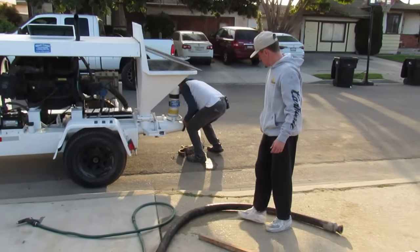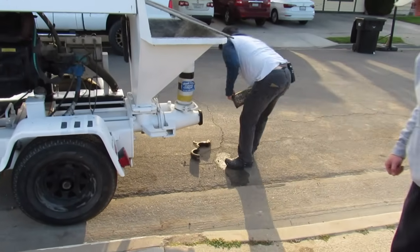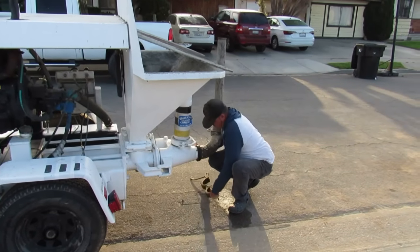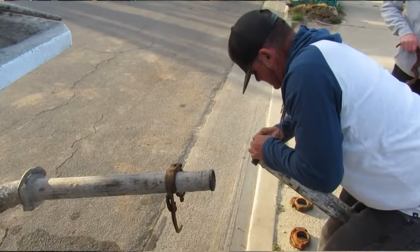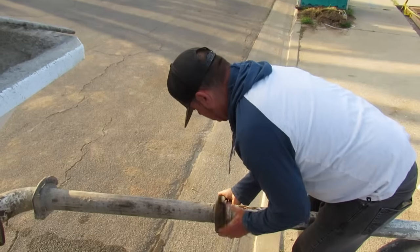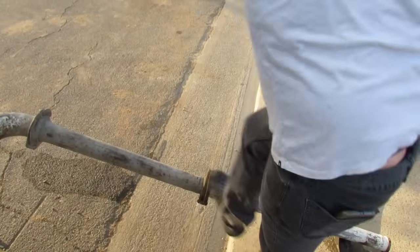Because the guy who owns this house knows every concrete guy around because he owns a dump. And he didn't want to be their guinea pig, he said, so he brought me in just to pour the steps. It's top cast, sandblasted. We washed it. It's a sandblast finish or top cast. And this thing has just come out perfect. You guys will see the end shot. You got to stick around for the end. Light shot is just,